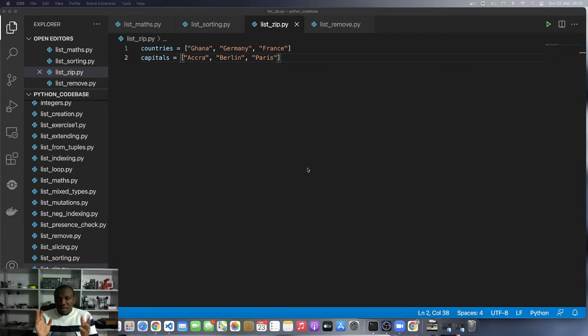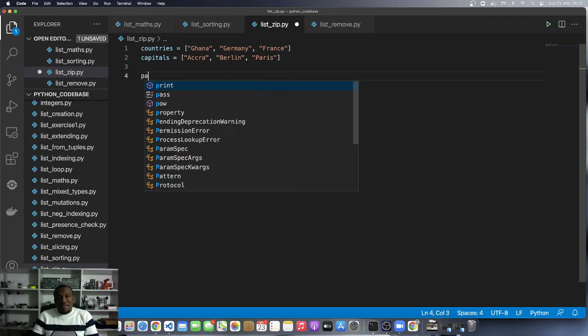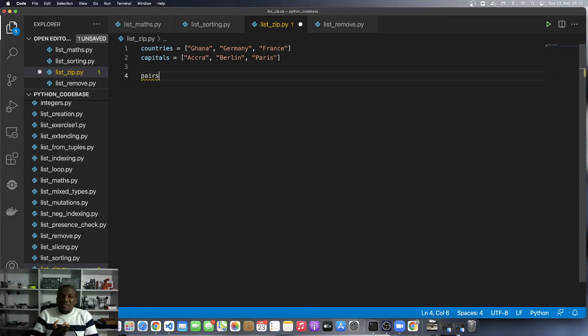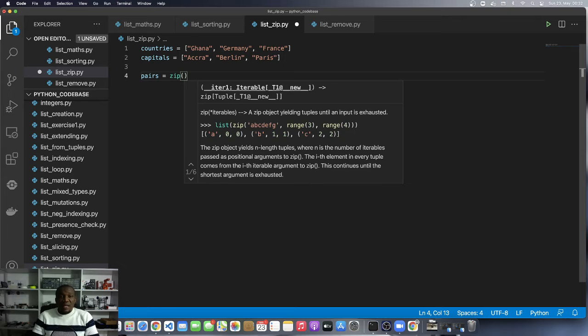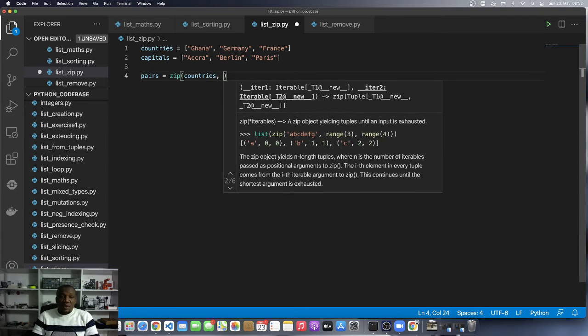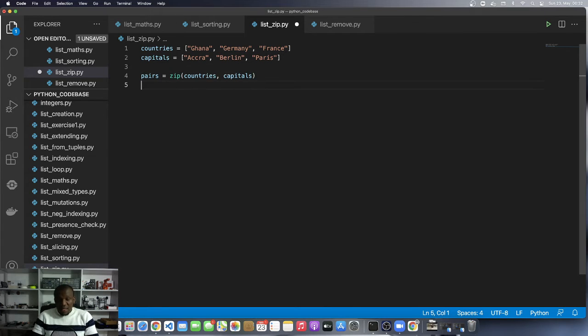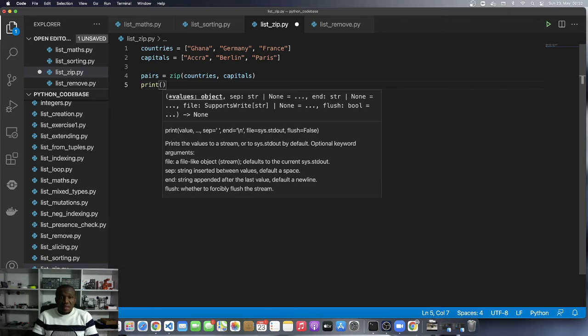Now I want to be able to match each country to its capital. So how do we do that? Well, that is why the zip function is available to us. I'm going to create another variable to store the result of the aggregation, and I'm going to call that pairs because I'm going to get a country-capital pair. I'm going to say pairs is equal to zip, and then I'll pass in countries and I'll also pass in capitals. Now let's print the pairs